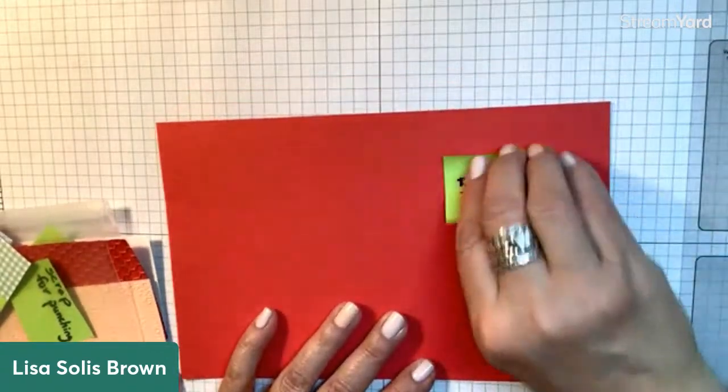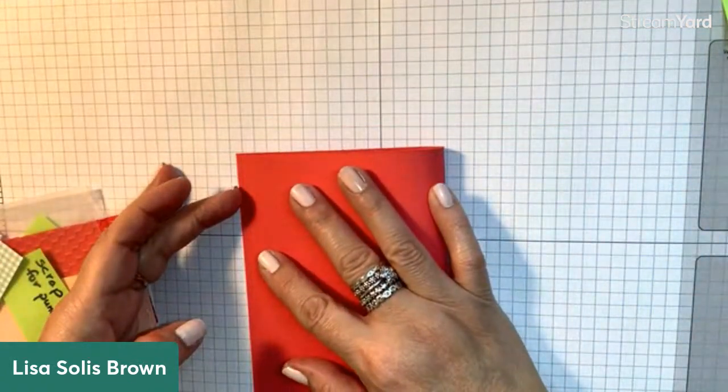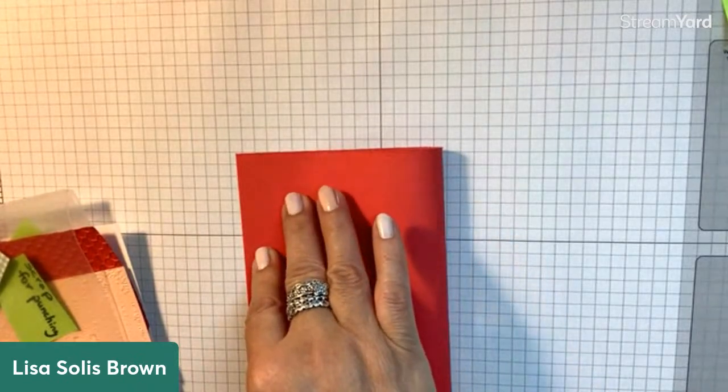Okay, 5.5 by 8.5. And I'm going to fold it in half and give it a good crease with my bone folder,